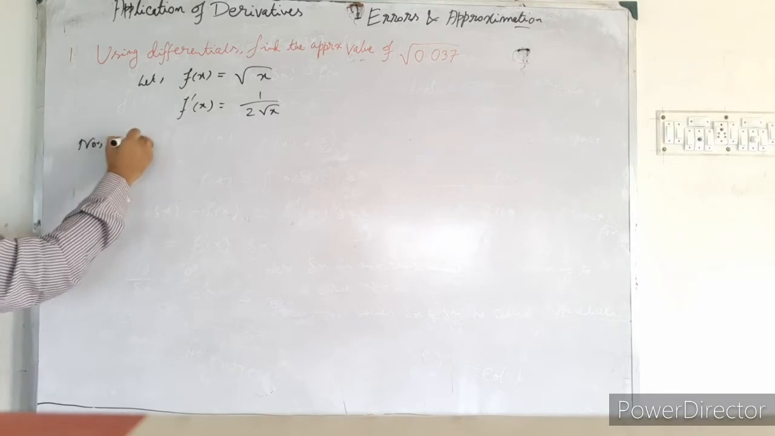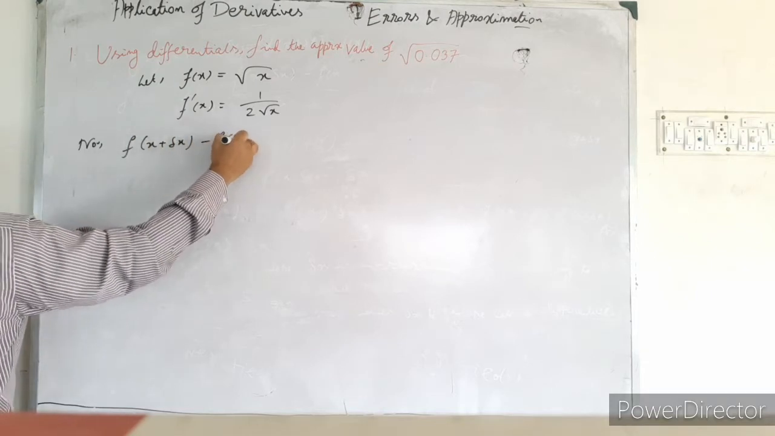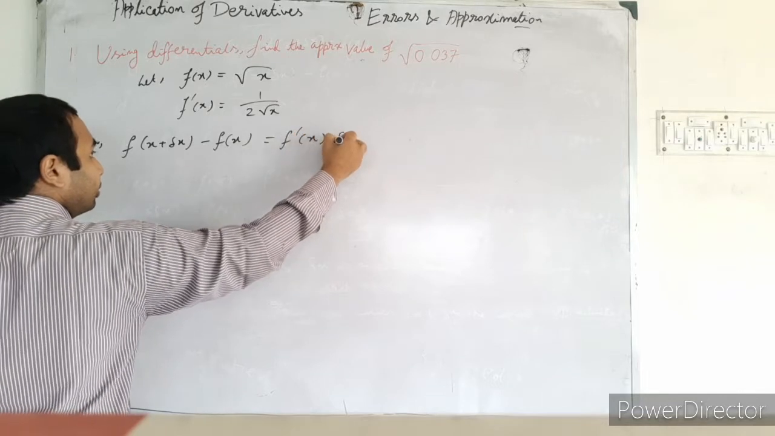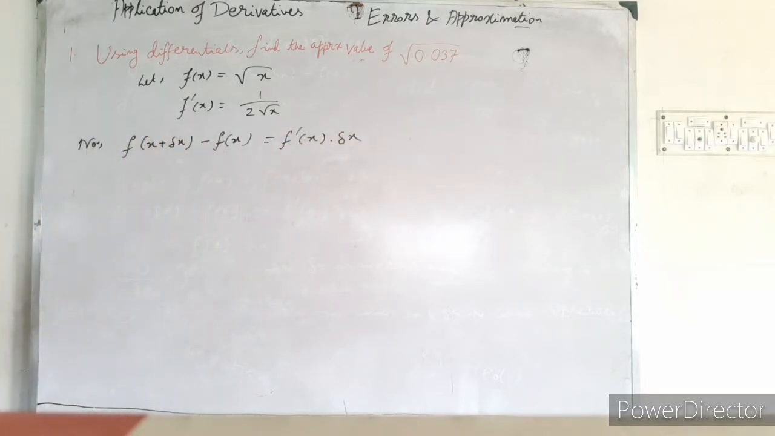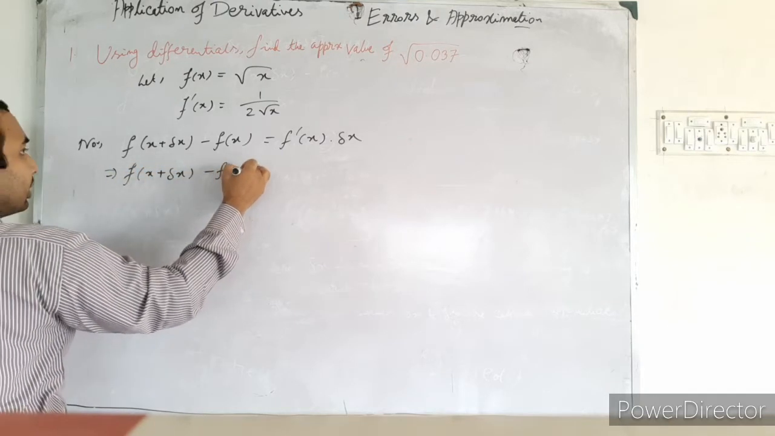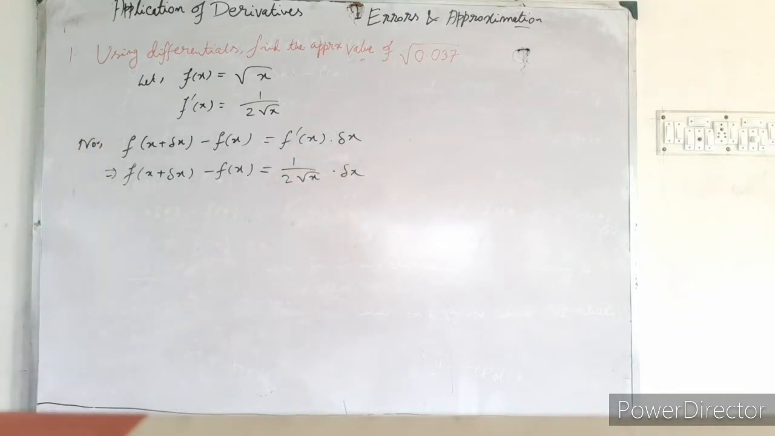Now f of x plus del x minus f of x is equal to f dash x into del x. And from the previous discussion you know this one. So from here we can conclude f of x plus del x minus f of x is equal to 1 by 2 root x into del x. The approximate value you have to get here, that means absolute error. So del x,